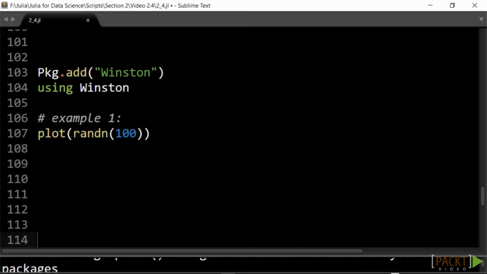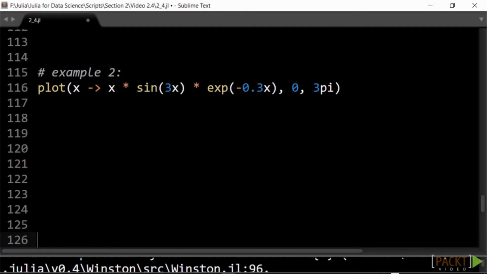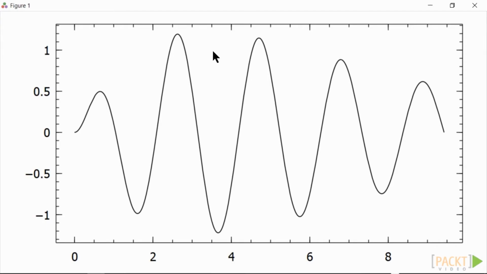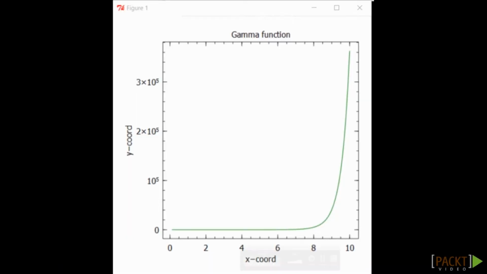First, we install the Winston package. Here, we plot 100 random numbers normally distributed around 0, which is displayed graphically as this. This function is displayed as this. To conclude, here is the code for a complete example with labels and color display. Here is the display. In the coming videos, we'll use this package as well as other graphical displays for our